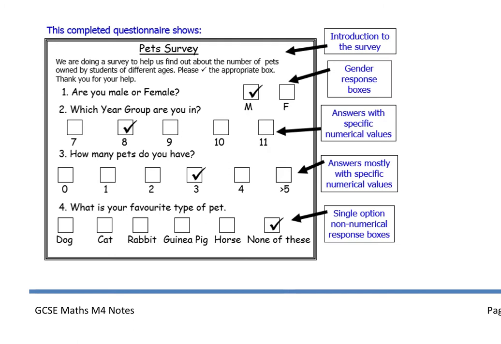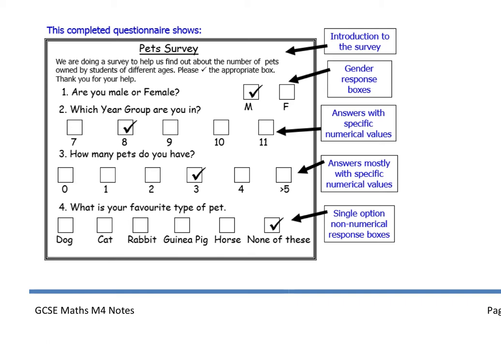In this video, we're going to look at questionnaires. Questionnaires are designed to gather information and they're used for a range of purposes, but there are certain rules that we should try and follow to make life a lot easier whenever we're trying to analyze the data from the questionnaire. To make that process as easy as possible, we should try and have at least 3 or 4 questions, which should be short, clear, and precise.